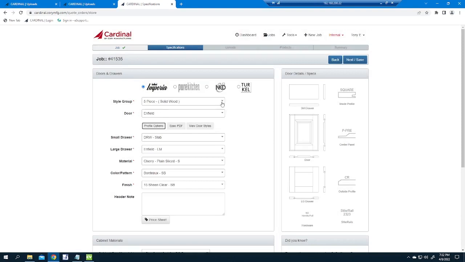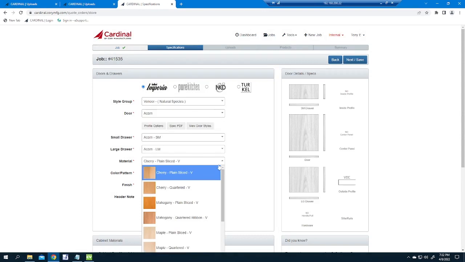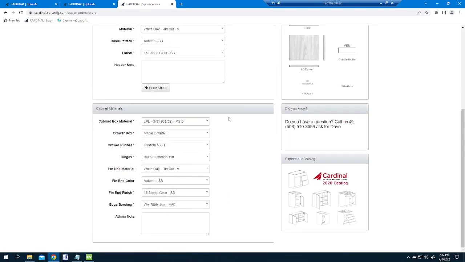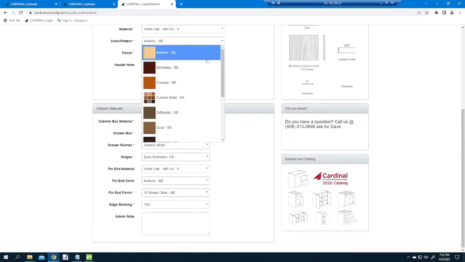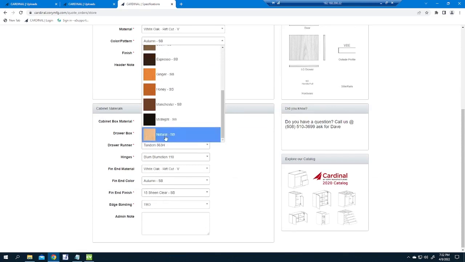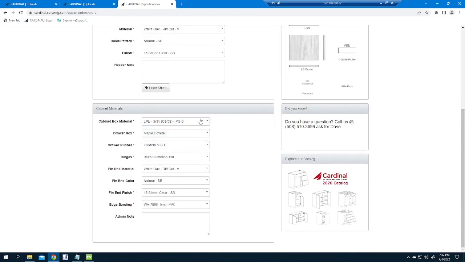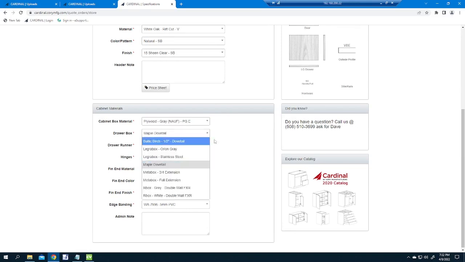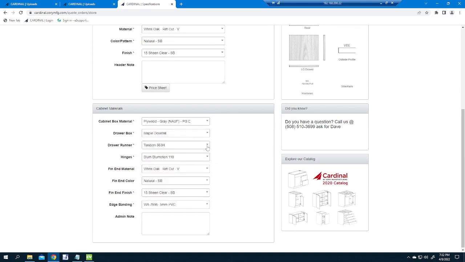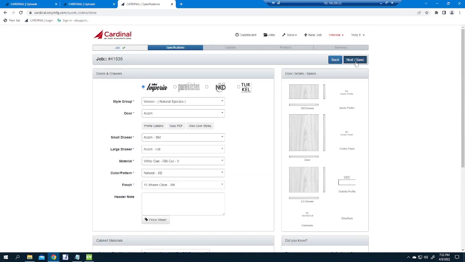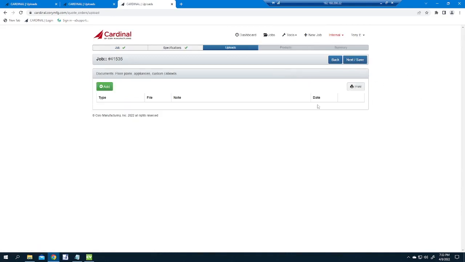Right now we are going to actually just go back to a natural veneer acorn. We're going to do a rift cut white oak and a natural no stain, 15 sheen. We're going to do a plywood gray box, maple dovetail drawer, tandem slide. So now we've defined the cabinet, we've defined the door, and we're going to go in and